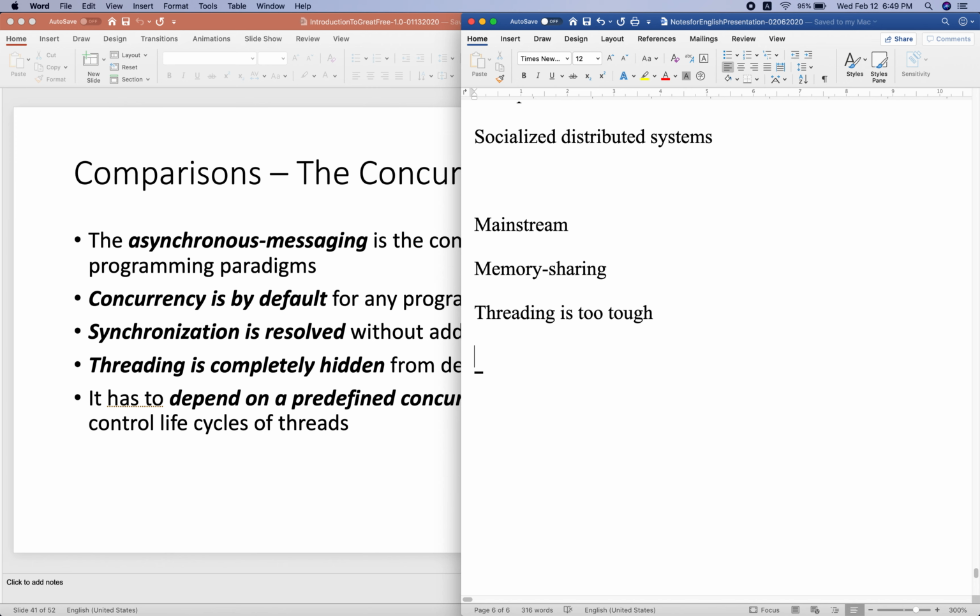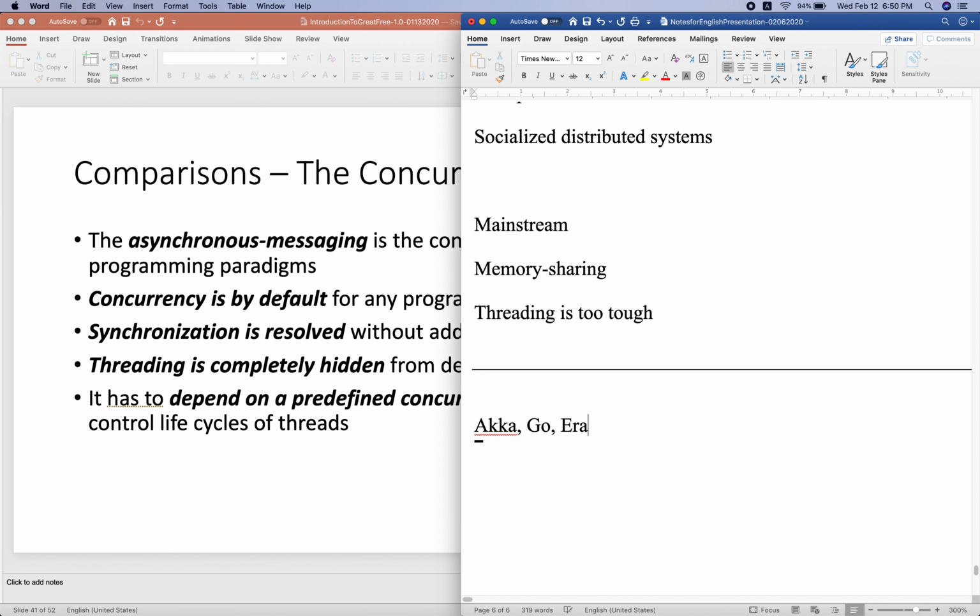That means when developers use some more high-level programming languages, they don't need to care about threading. Because of the two drawbacks, Akka, Go, and Erlang really made a lot of change.